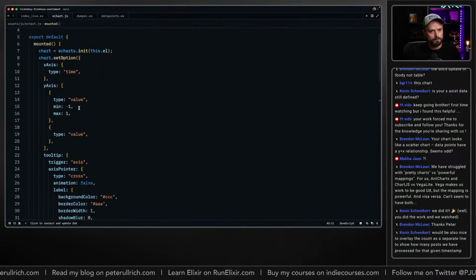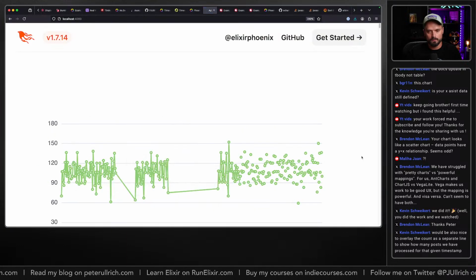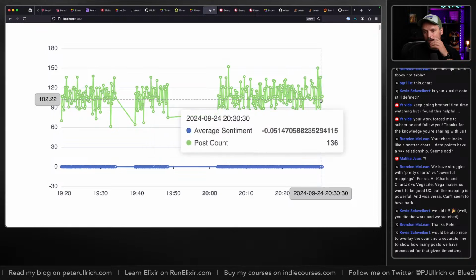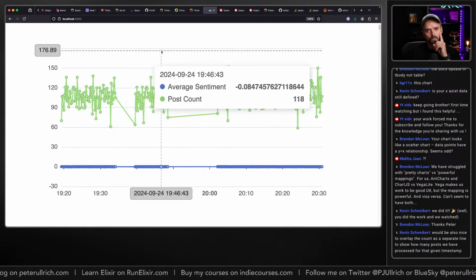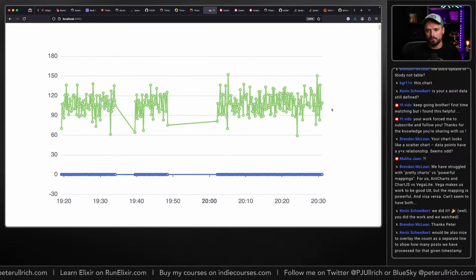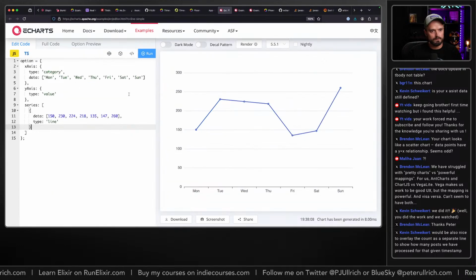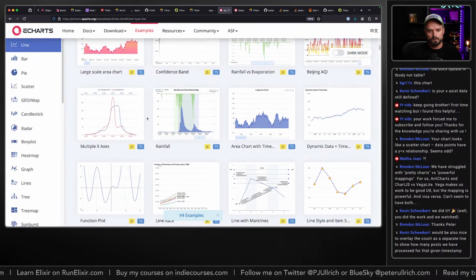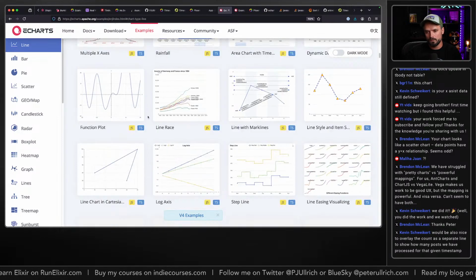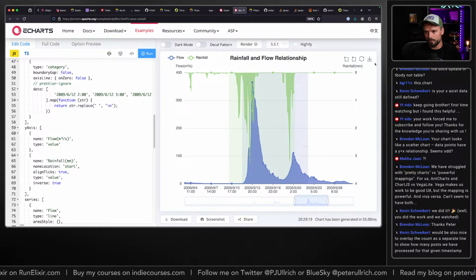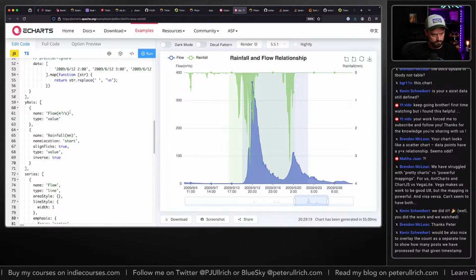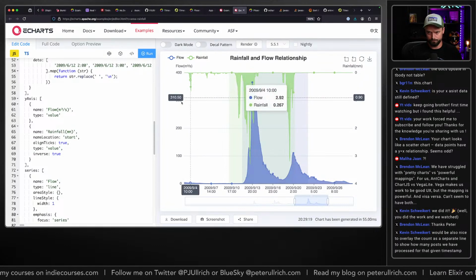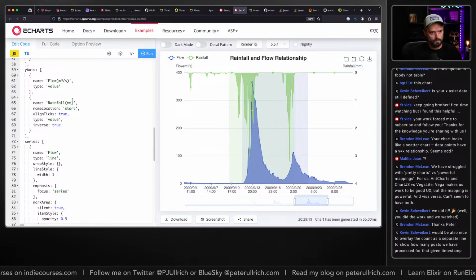I mean, what happens if I just remove the min-max here? Well, that's what I meant. Like we have one that is at hundreds and one that is at 0 point something. So that's why we need two y-axes. But where is it? I mean, this is an example, right? On the right side we have rainfall, on the left side we have flow. And left side is flow, right side is rainfall. Okay, and then